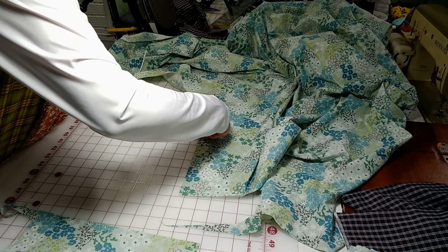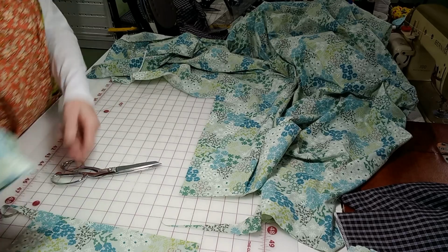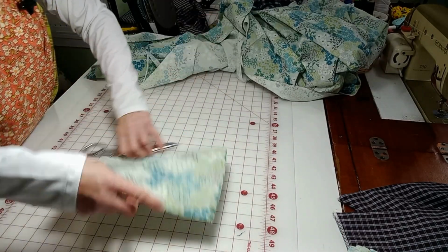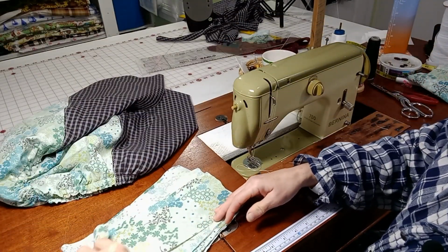Okay, now I got plenty here. I'll probably cut these down, but I got all my pieces cut. I can put this up and we can put it together. Okay, so now we're gonna do our